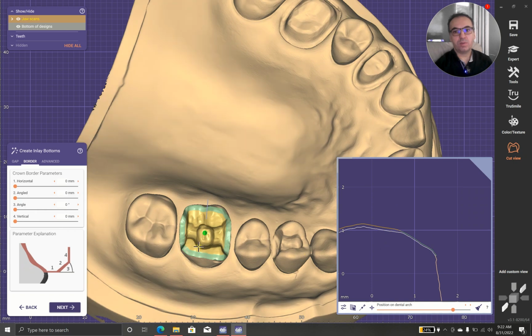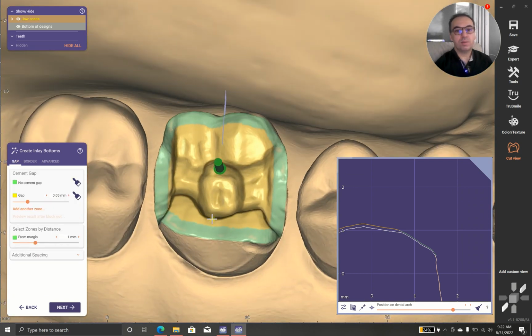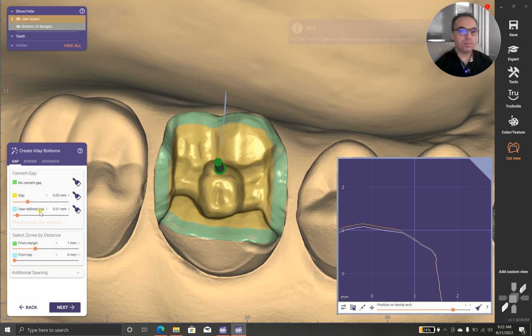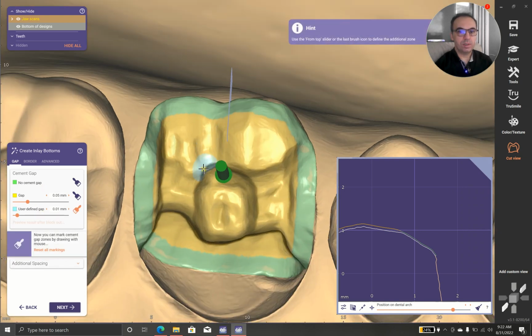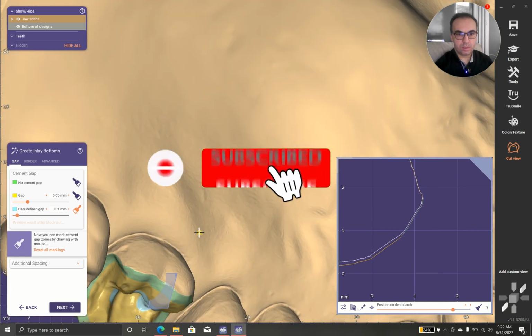But in case that you want to have some kind of thick material at the edges or protect the edges, you can do that. And also, as I mentioned before, it's better to increase the